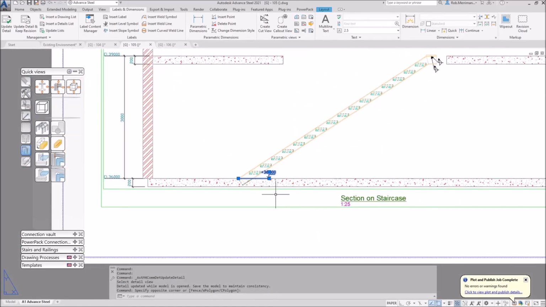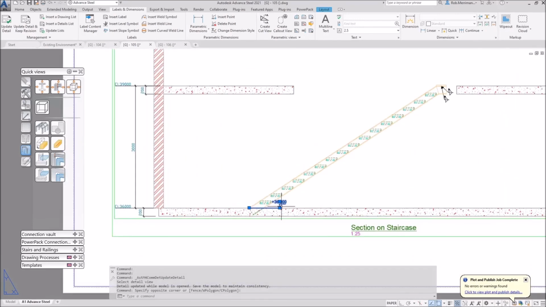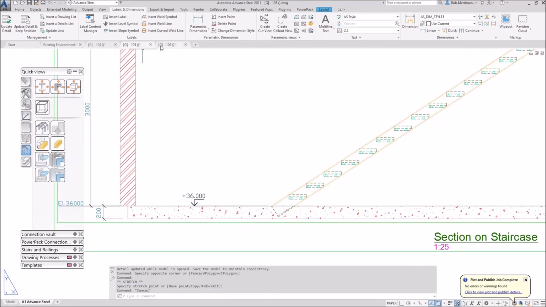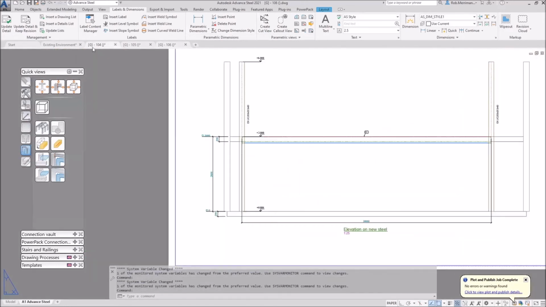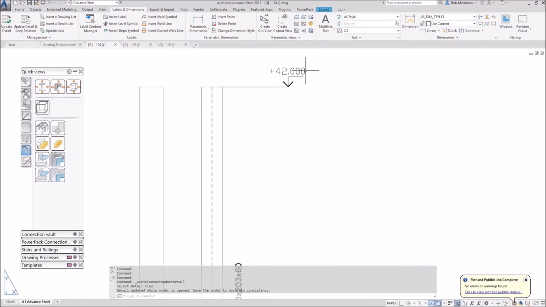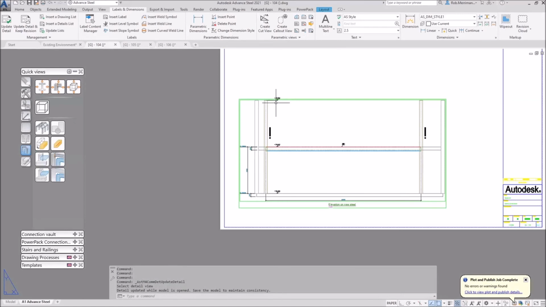But this one only puts the level marker in where I put it in the model. So the other option we could do is stretch those model view boxes and then they will get picked up automatically. If I update this view now, it will take our 6 meters, add the 36 onto it, and now that's our level at 42 meters. So that's what we can do with